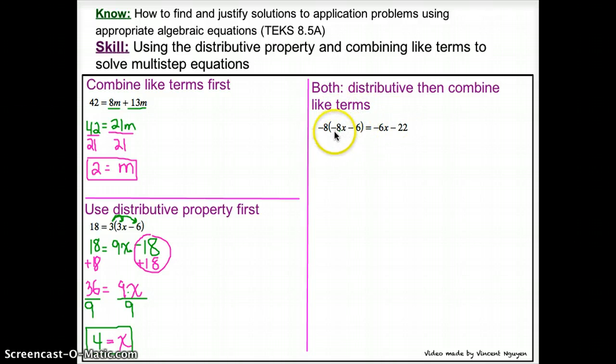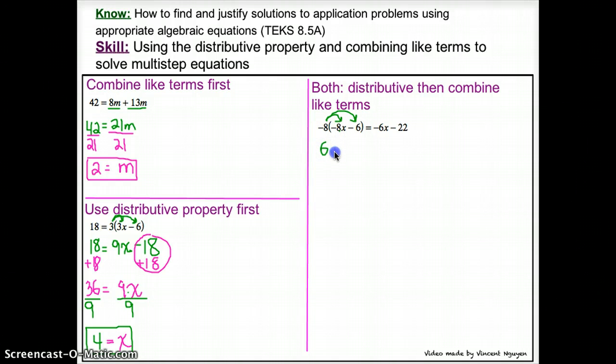But the first thing we need to do is use the distributive property. I am going to have to multiply this negative 8 throughout. So negative 8 times negative 8x and negative 8 times negative 6. I'm going to be very careful here with the negatives. So I will end up on the left hand side of the equation with negative 8 times negative 8, which will give me